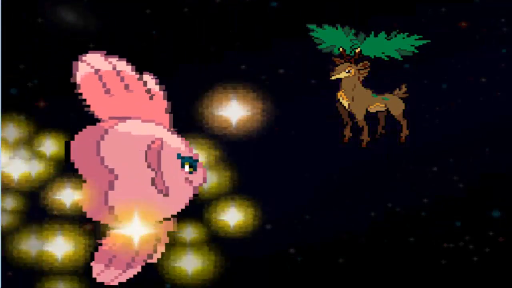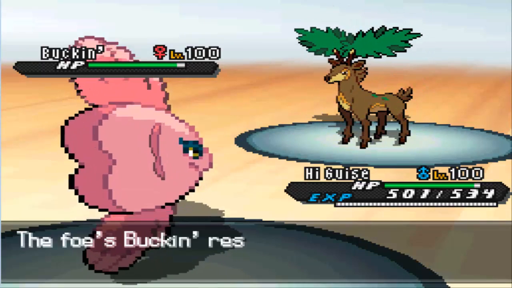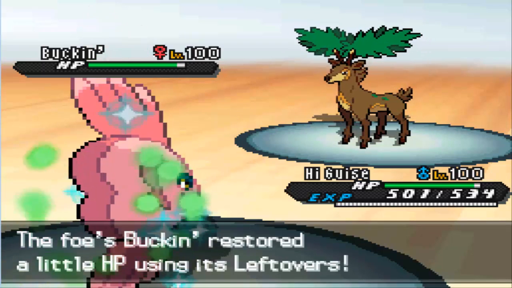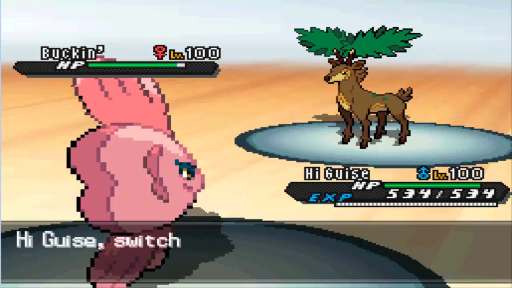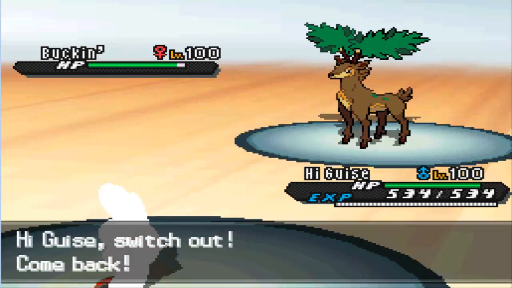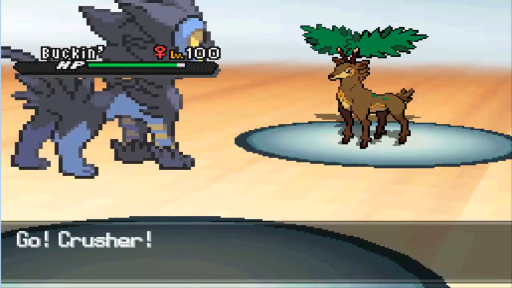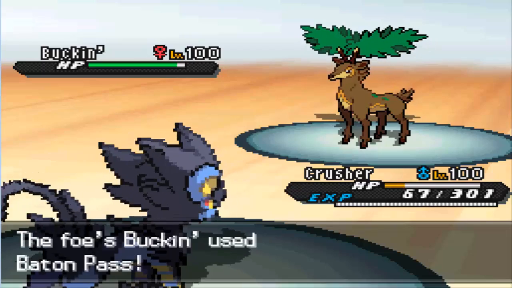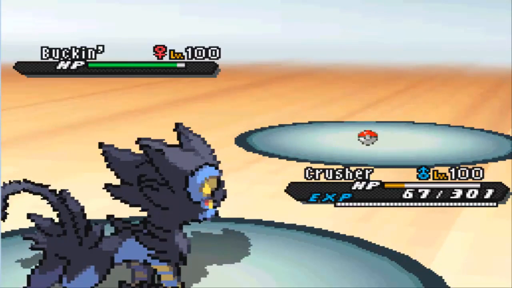I decided Luxray over Altaria because Altaria is fairly slow compared to some Pokemon, especially Sawsbuck, and I don't want Altaria taking more damage than it has to. And so if I go into Luxray, I can threaten, well, actually I can just go for the Superpower and just completely destroy this guy because he is also normal type instead of just grass. So that'd be a super effective hit, destroy him, but he actually Baton Passes on the switch,